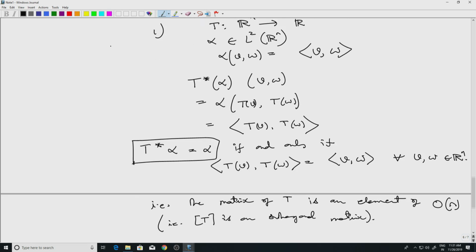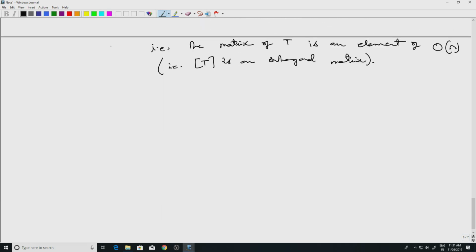Now this is one example. The second example is again T from Rn to Rn. This time let's look at an alternating tensor, and the only one we have looked at so far. Well, we have looked at a couple. One of them was the determinant. So alpha,